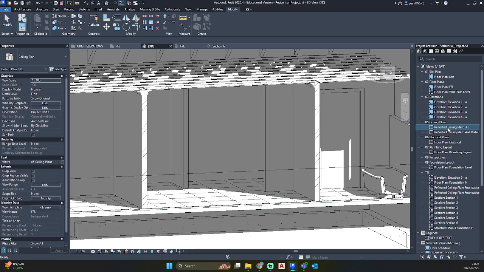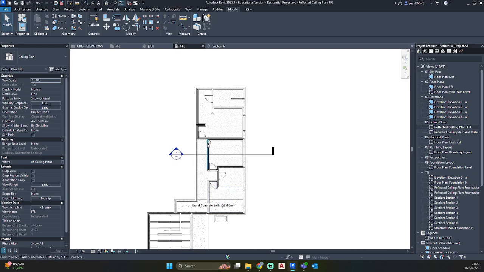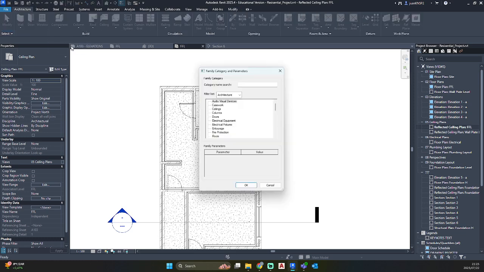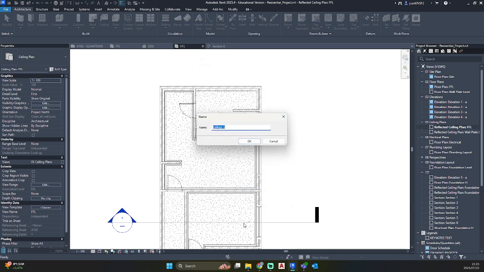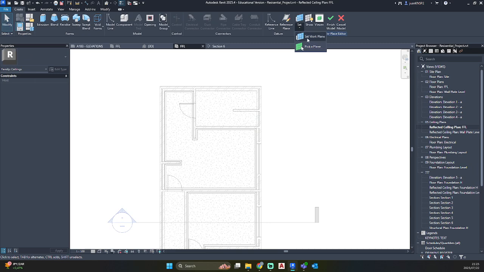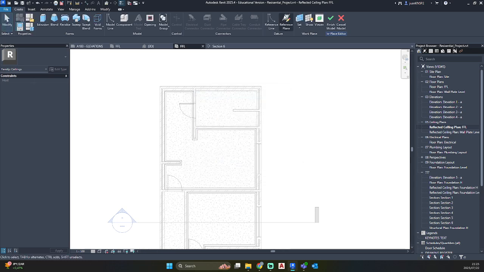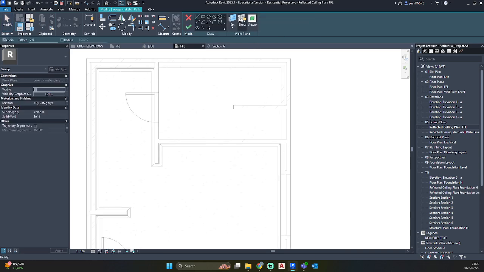I'm going to go back to my ceiling plan and redo this step 4 more times. Let's go architecture component, model in place, select ceilings, corners 3, set my work plane, okay, go to your sweep, sketch path.